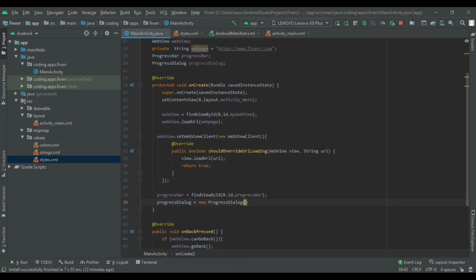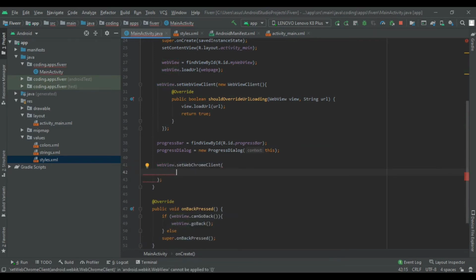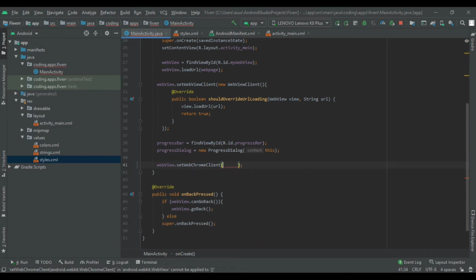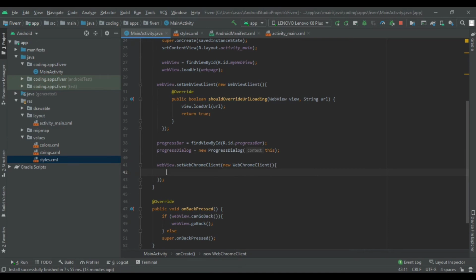After that we are going to implement one method, and its name is setWebChromeClient. Here we implement new WebChromeClient, open curly brackets, and we implement the onProgressChanged method.